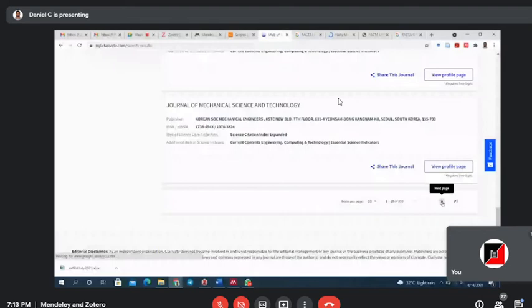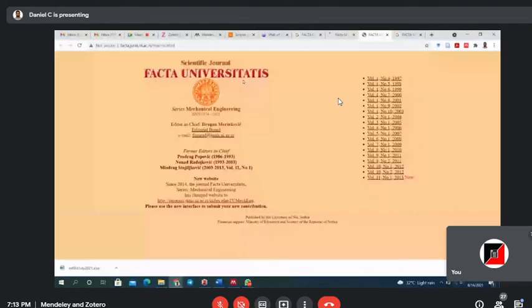So this is the journal name, Facta Universitatis. These are all the editors-in-chief. Three editors were there. Currently some other editors are there.